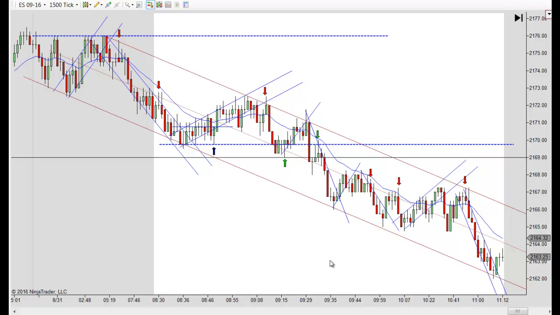So always use your measured moves, and I would measure that one again and look for when it took off again. Measure that one, and then look for that one. And that's pretty much within a tick of being a perfect measured move. But again, I'm going to leave that one green. It's a little bit aggressive.